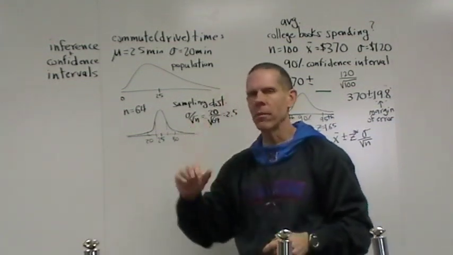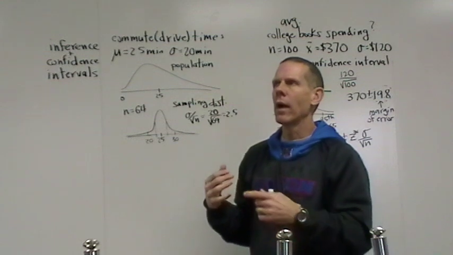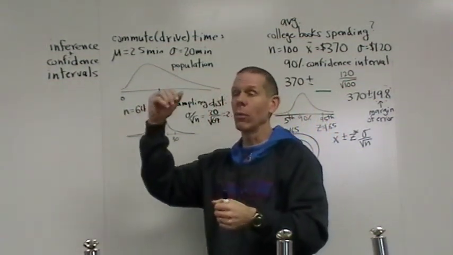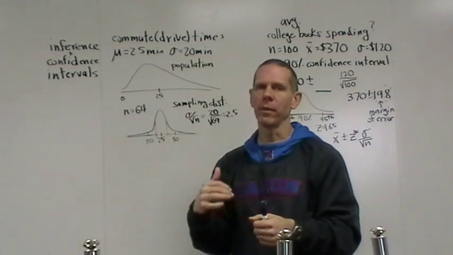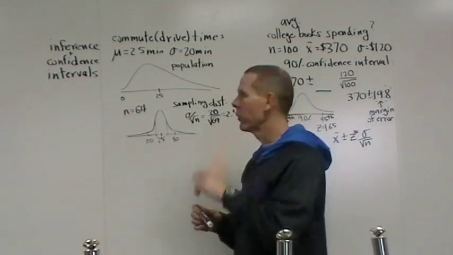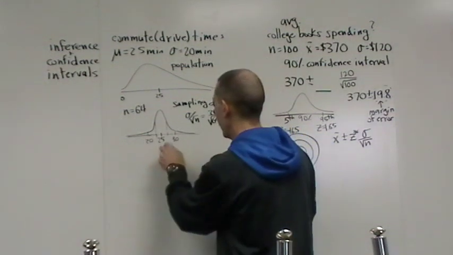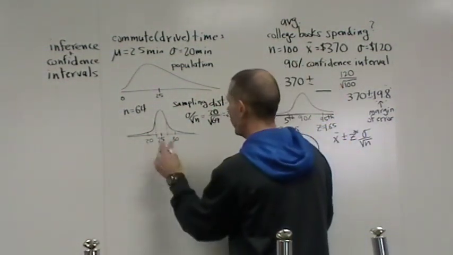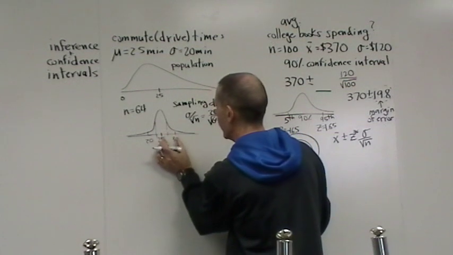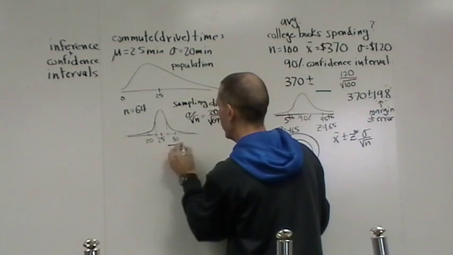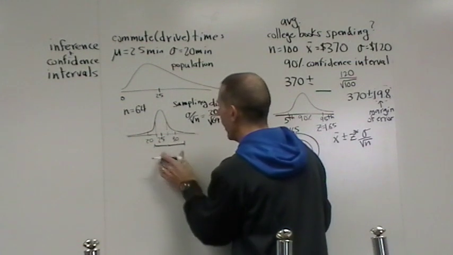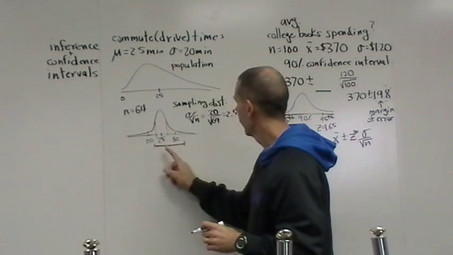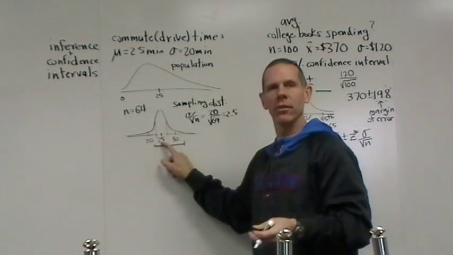We like to turn this statement around. We don't want to know how close our sample mean is to the real thing. We want to know how close the real thing is to our sample means, what's more important for us. So here's the idea. If you come back with a sample mean, let's say right there, that's a pretty probable sample mean, and you extend 2 standard deviations, which in this case is worth about 5 minutes. If you do that, you form what's called a confidence interval. And lo and behold, within this confidence interval, there's the real population mean.